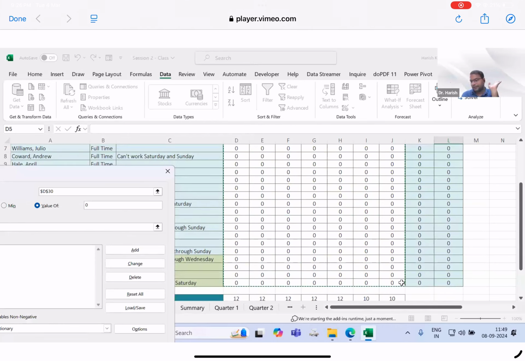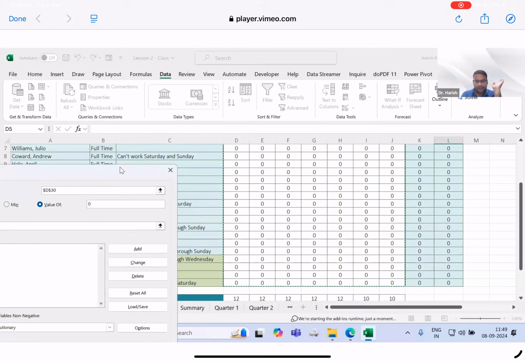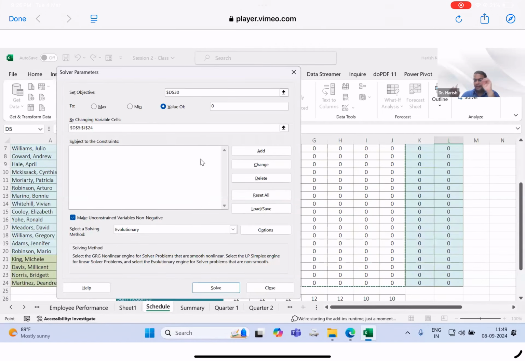With all the constraints. What is my constraint? I've given my changing cells. Wherever my software will assign a duty, it will become 1. Agree? 0 is for not assigned, 1 for assigned. What do I need to do? I need to assign the constraint. What should my software do? Make a 1